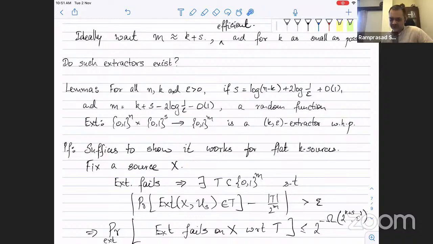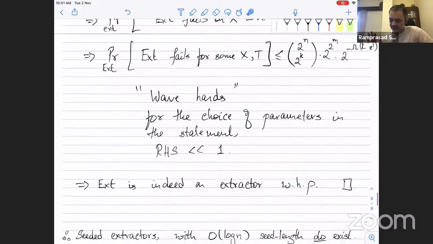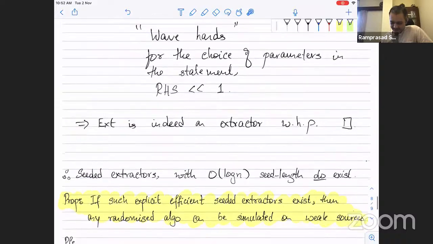Okay, so this is a hand wavy thing mostly to tell you that seeded extractors with seed length about order log n do exist. And therefore, obviously, in the next few lectures, what we are going to try and ask is, can we construct them using what we have seen so far? Okay. Now, finally,